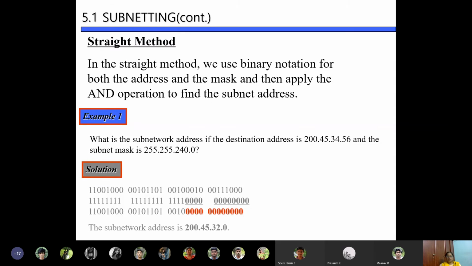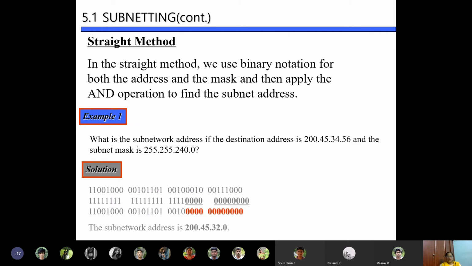You can see the starting address is 200, so you know that this is a class B address. So by default, the default subnet mask is 255.255. The only thing you need to know is how many bits have to be represented as subnet mask.